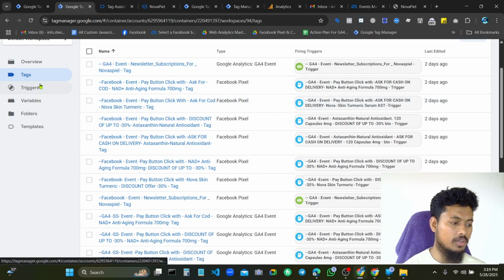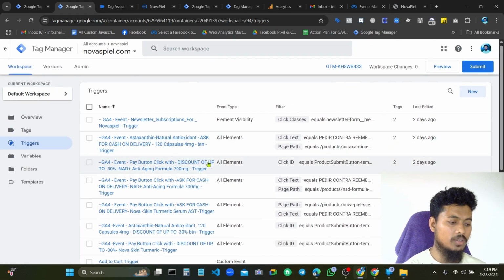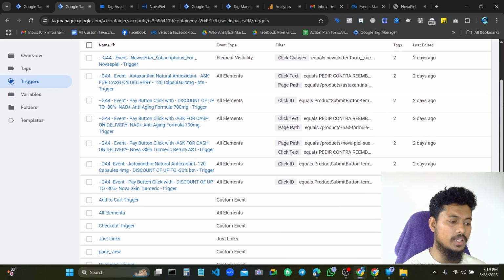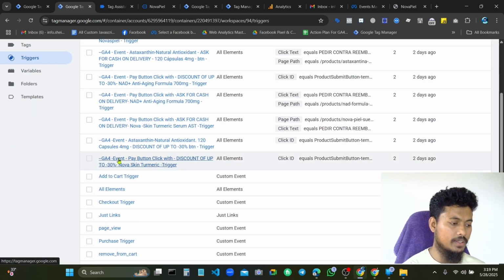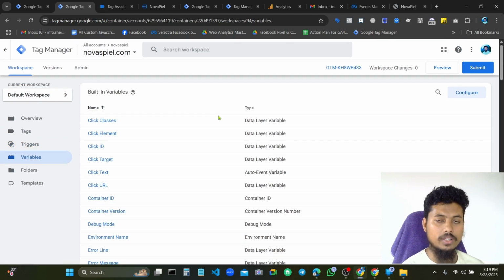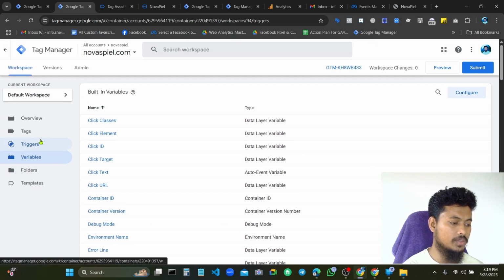If we go to triggers, you can see we just use a click ID. If you properly integrate GTM, there are two click triggers: one is all element click, and the second one is just link click. In this case I already use all element click, and the click related variables are already configured in the data layer, as you can see.